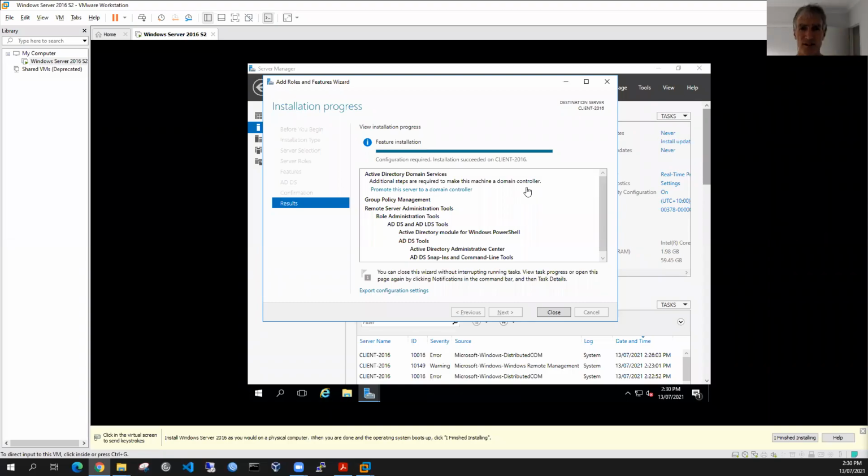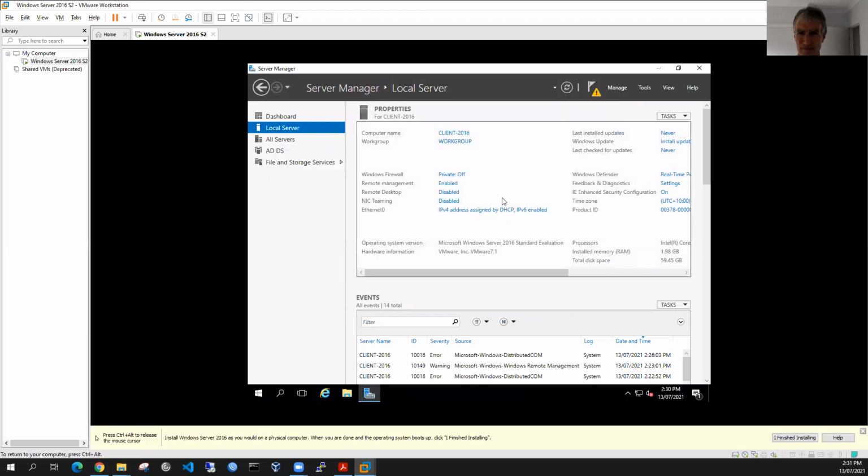So you can see here that it's completed and it's got configuration required installation. So it's basically installed everything that it needs to be a domain controller, but we still need to configure it. So let's close the window. And notice that we've got this notification here. So what we can do is